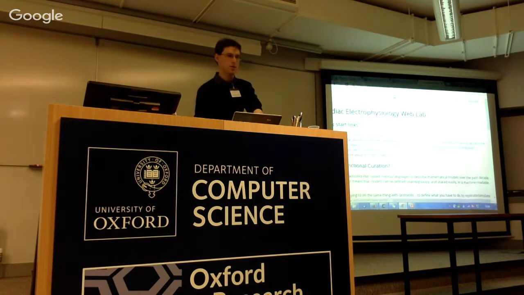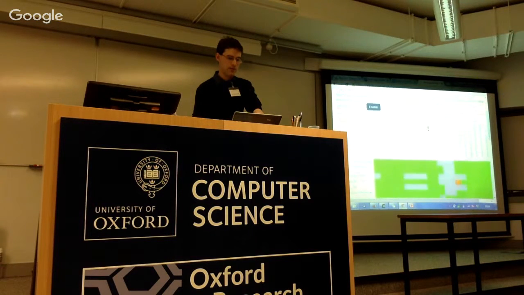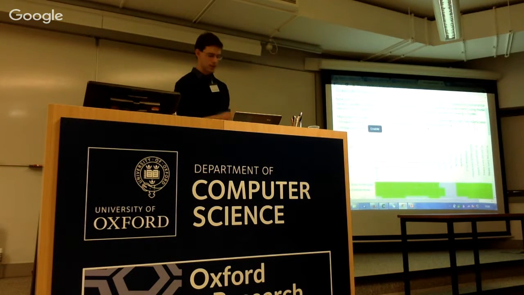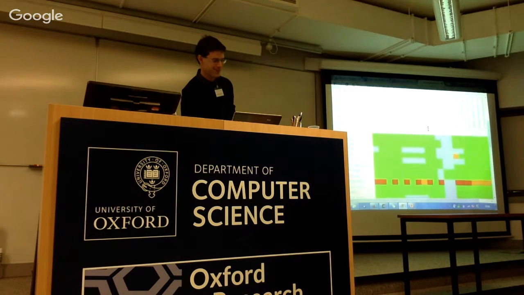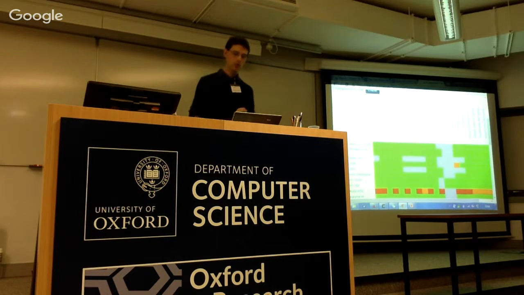But the main bit you'll want to look at is this experiments link up at the top, which shows you all of the public experiments in the system at the moment. And we have this matrix view where along the top, okay, don't use the pointer, rather, along the top, we've got all the different protocols that are available, down the sides, all the different models, and each cell in this matrix gives you one experiment result. So that protocol applied to that model.